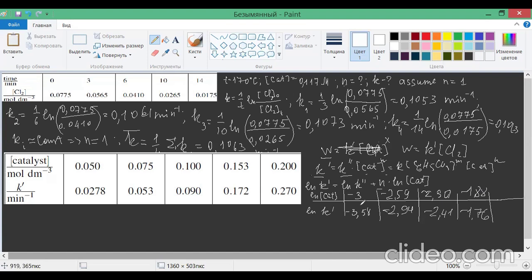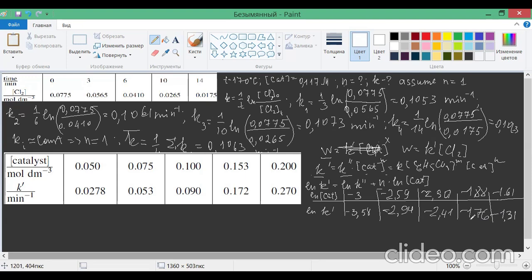The logarithm of this is minus 1.61, minus 1.31. Okay, and now